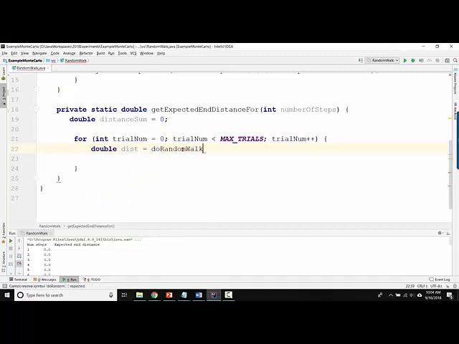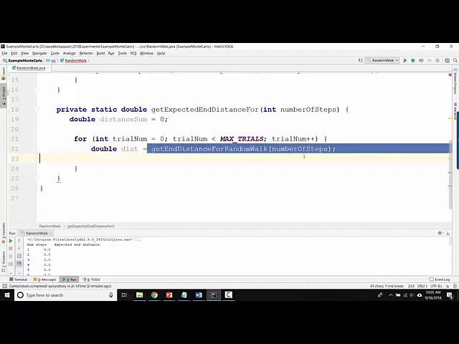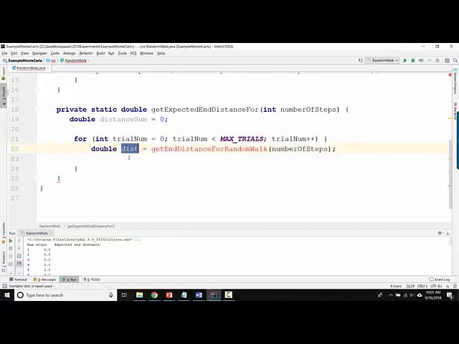do random walk for a certain number of steps. This is not a great name because it doesn't tell me what it's returning. So let's say get end distance for random walk and the number of steps. All right, how does this work? I'm not thinking about it right now because that's a sub-problem. So let's just assume this is going to have Alice walk randomly and then return her ending distance. So that's into distance. So now I just say distance